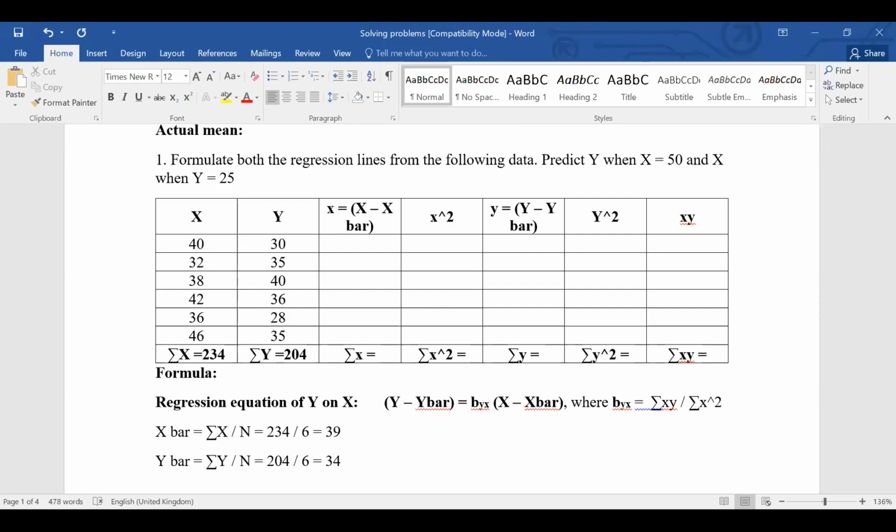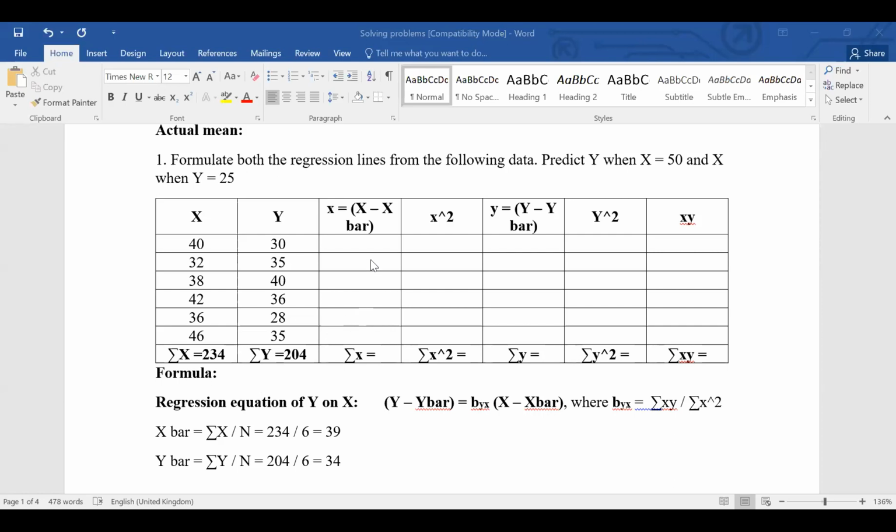Guys, please cross check the x bar and y bar value. Okay, fine. See, don't put x bar bar, since in Word I need to insert that bar, so it will take time. That's why I just mentioned x bar, y bar, and all. You people write properly: put the bar on the top of the x and y. Don't write as it is. There are some people who will do like that only.